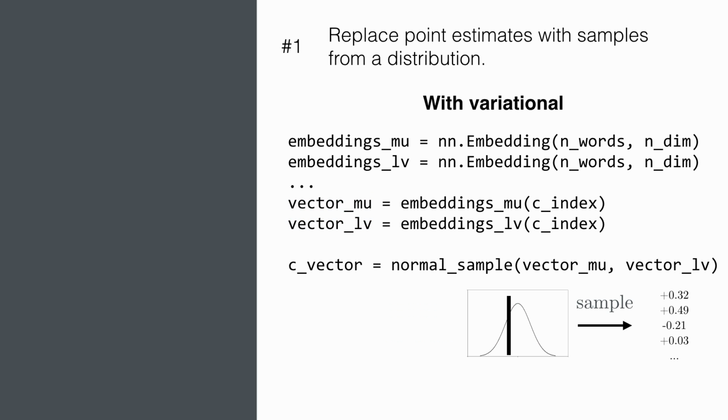And I'm going to take samples from that distribution, right? And it's going to be stochastic. So every time I run this, I'm going to get a slightly different answer. It's no longer going to be deterministic. And this is going to allow us to get a different sample every single time. And every time I backprop through this, it's going to affect both my mean and my variance. So in contrast to networks before, which were just pushing one point around, I am now pushing a whole distribution around.